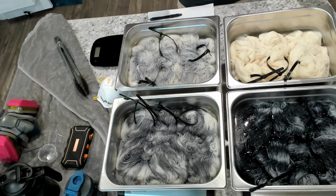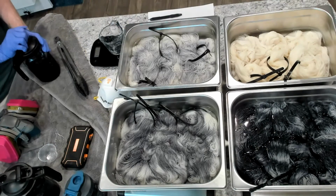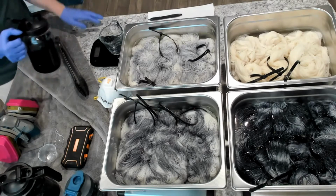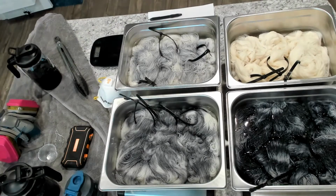I'm using 4 different colors of gray. The first color that I'm going to apply is a really light, almost silver color, which puts a good base coat down. You can see in this pan right here, I already have the silver applied. Since these are colors that I'm making for the shop in a particular colorway, I'm a little bit fussy about my weighing of the amount of dye that I'm putting on, just so that I can make sure to get it as accurate as possible, so that from one pan to the other after they're all finished,